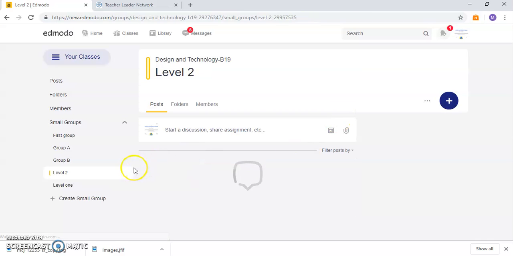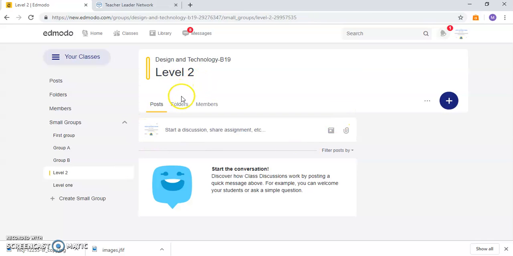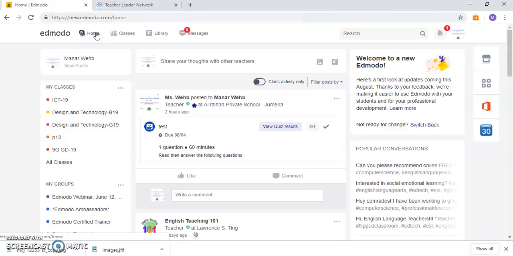Then I will add to level 2 group more difficult tasks to be done by the students, and so on. So you can use it for gamification, for leveling up your students, or for differentiation. Let's say you have special educational needs students in your class, so you can just put them in a specific group or add them to a specific group with the specific tasks that targets them, and so no one can